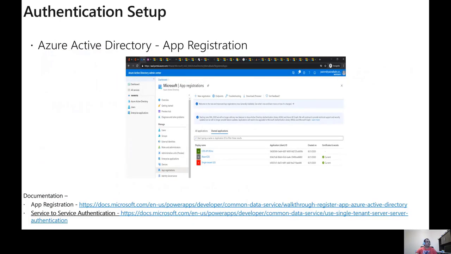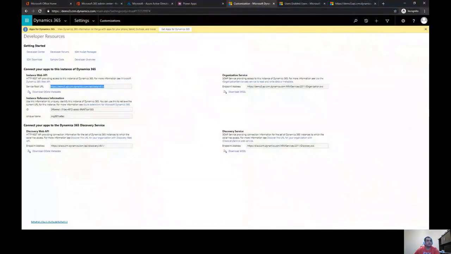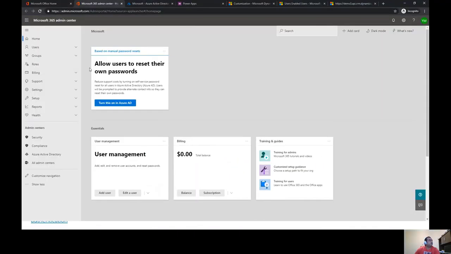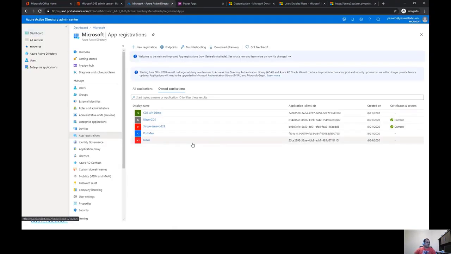Right. So for the purposes of authentication, I'll just switch my screen and go to the demo. So if you are an administrator or you have access to the admin center of your O365 tenant, which is what we use as a part of our platform, or Dynamics 365 as well, for the authentication, here you would see you have your Azure Active Directory. When you click on that, it would open your Azure Active Directory.